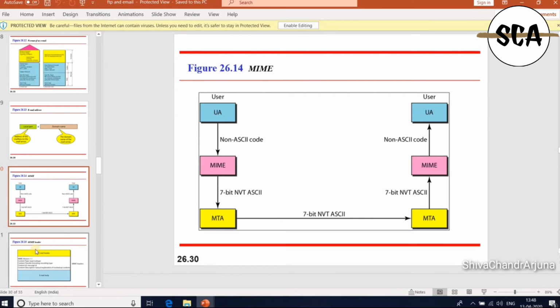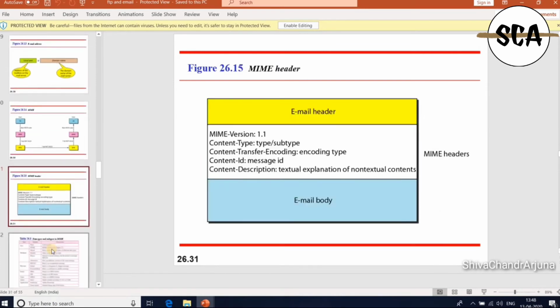If we look at the MIME header format, it defines 5 headers that can be added to the original email header section to define transformation parameters. One is the MIME version, then content type. In content type you can have a type as well as a subtype. Then content transfer encoding, the encoding type.